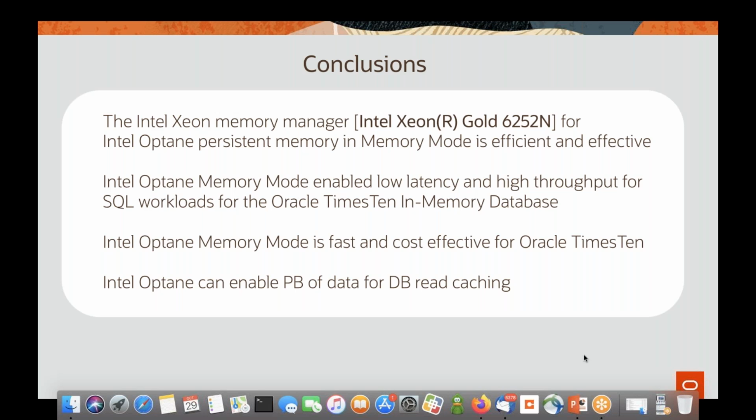So if you look at price performance or cost effectiveness, if you're getting the same performance for a lower price point, that makes it very cost effective. Now the cost of DRAM changes day by day. Likewise, the cost of Intel Optane memory. Intel puts out its list price, but you tend to buy it from your favorite hardware manufacturer. So the point is, because the price of DRAM and persistent memory changes day by day,